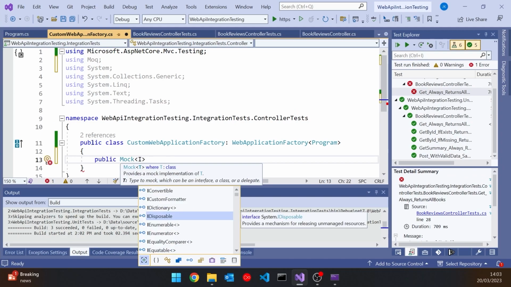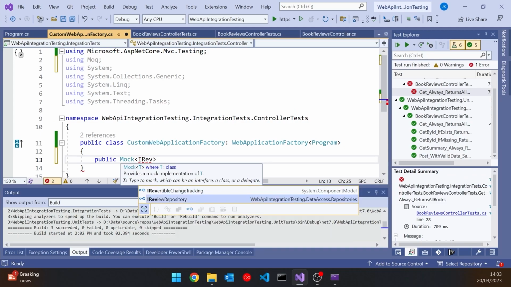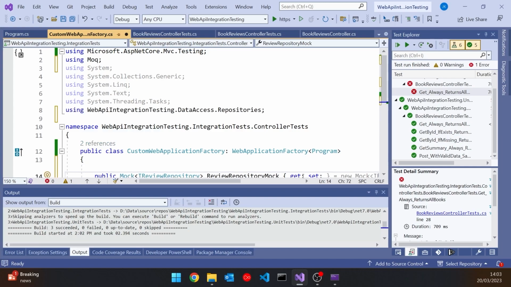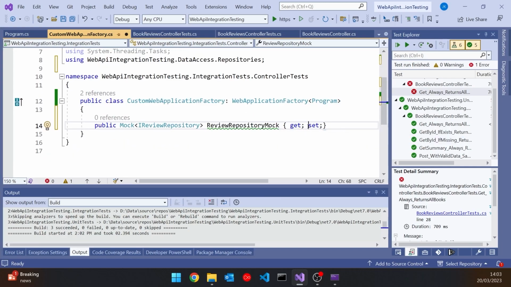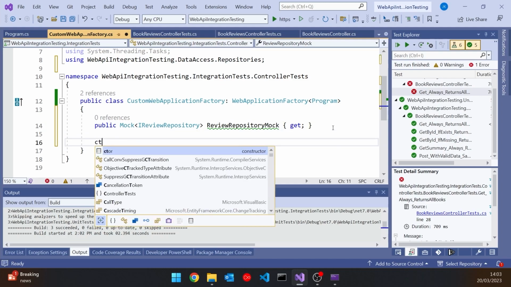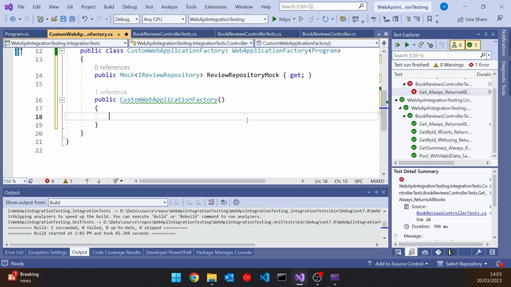So that's IReviewRepository. And we'll call it Mock and we'll make it get only. And then obviously we've got to create that in the constructor. So in the constructor, we will say that equals new, all of that. So just normal Moq behavior.